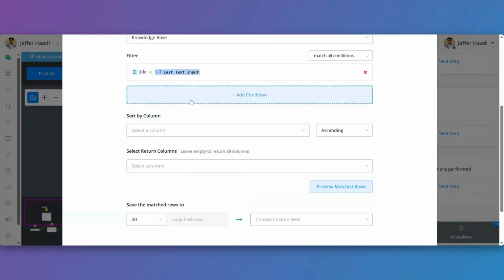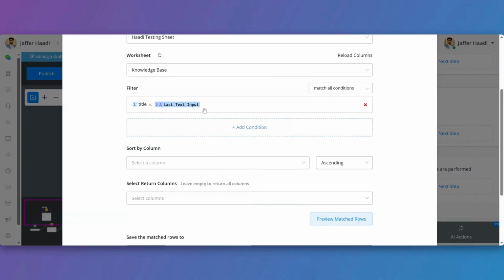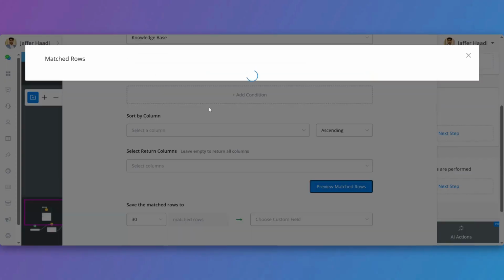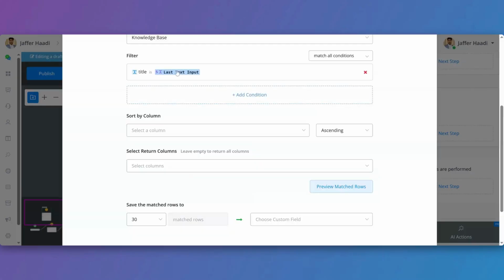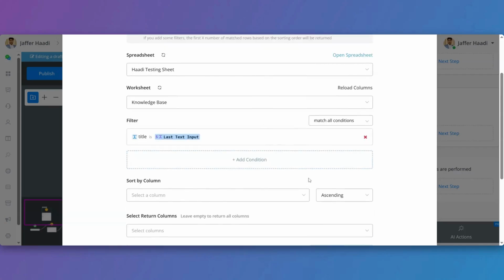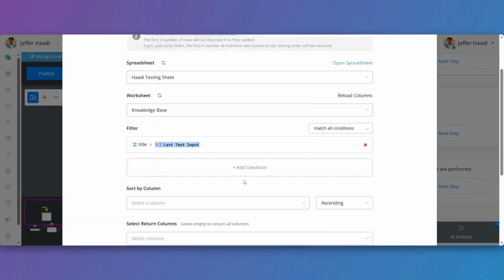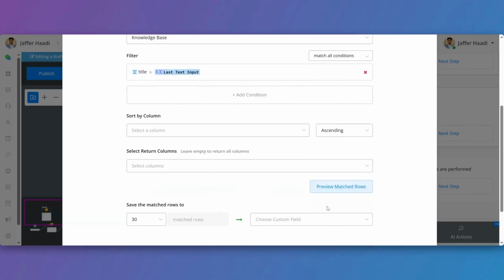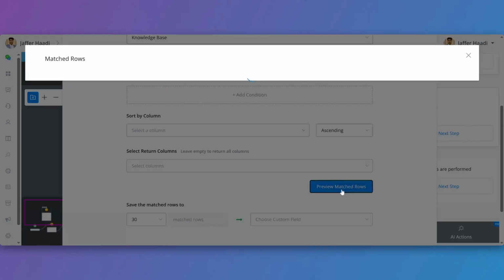So basically, when we are using the variable inside the filter and we preview it, at test time there is no value in this variable. This variable only contains a value when it is in production, meaning in the real-time flow. When a user is going through this flow, the variables have values, and then you do the actual search. If you are testing inside this action by clicking on preview match rows, then